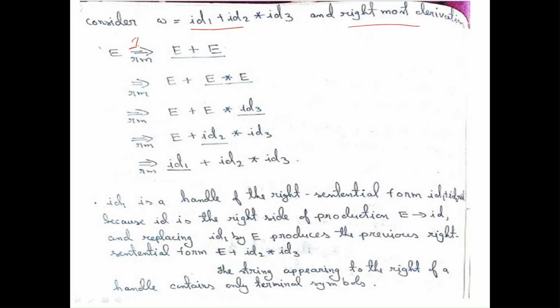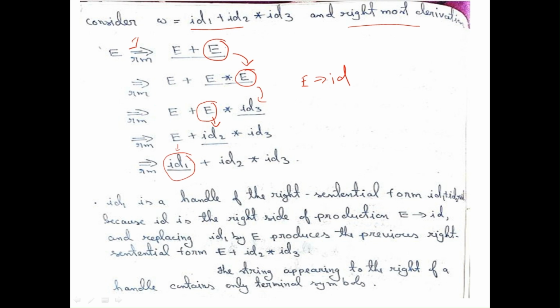You can see the rightmost variable is E and this is being replaced by E into E. Next, the rightmost variable is E again, and E is rewritten as ID. So this ID3, and again in the next step the rightmost variable is ID2, and only one variable is left,